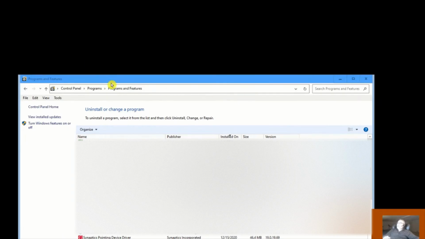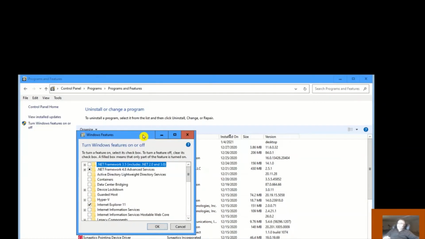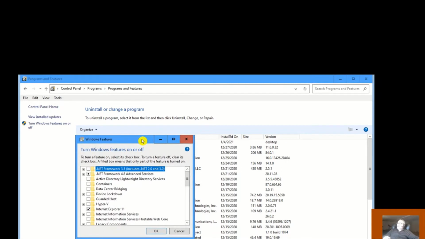Once you are on this screen, Windows Features, Turn Windows features on or off,